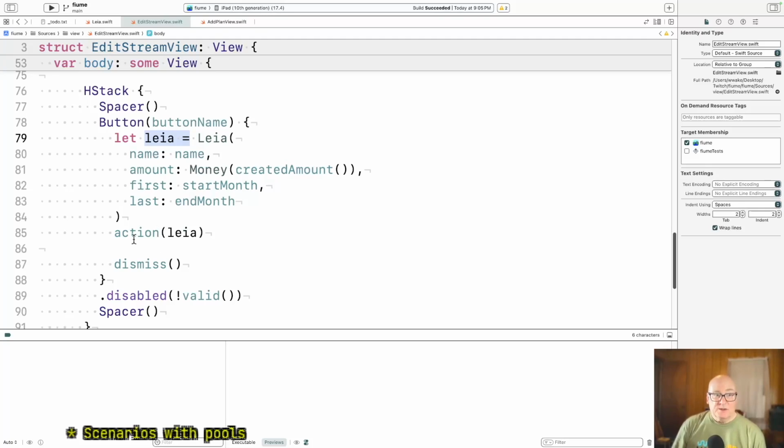All right, but notice there are no references to plans or scenarios or persistence or any of that stuff. That's all put on the caller to say, what do you want to do with this thing now that you have it? And so the caller, when it's doing a create, builds a new object and stores it in the appropriate places. If you're doing an edit, well, we change existing objects.